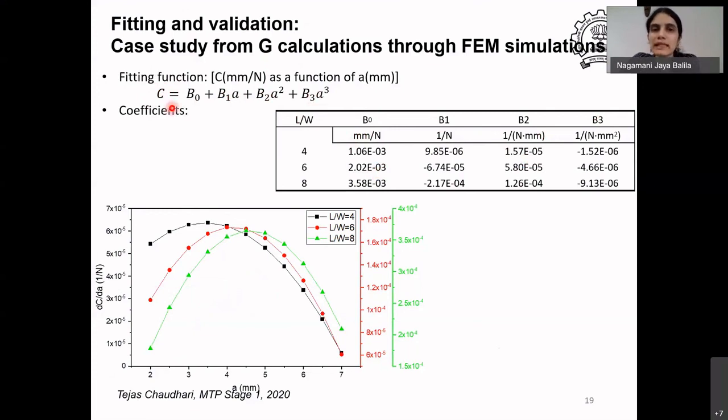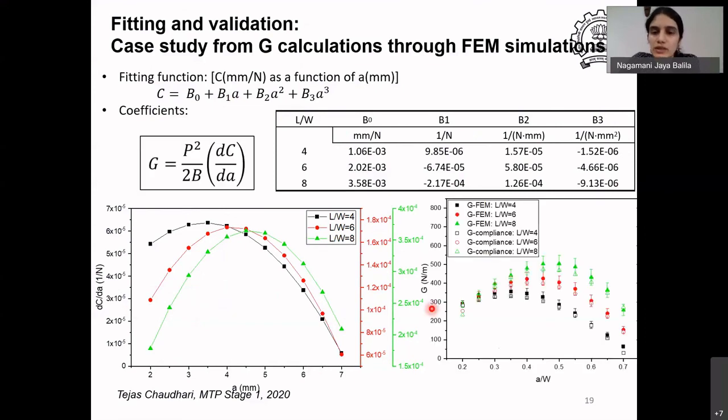And then you can do a dC by dA directly at different crack lengths, which is what is plotted here. And then you get what is called the G. So the right hand side G and the left hand side G are plotted. If you look at just this black curve, the right hand side of the equation will give you only one single data point for each crack length, because we have just done one simulation per condition. But for the left hand side, we got the G values from the average and the standard error associated with the different contours. So that's why there is a standard error plotted here.